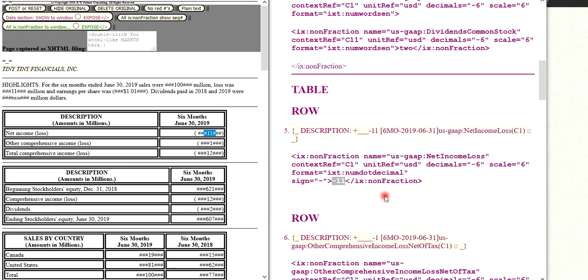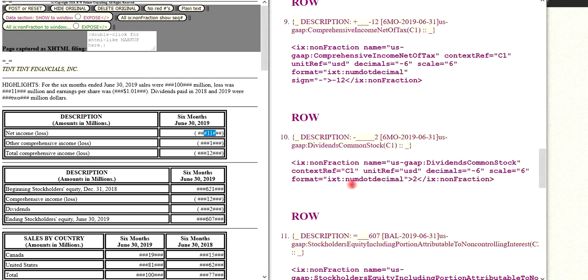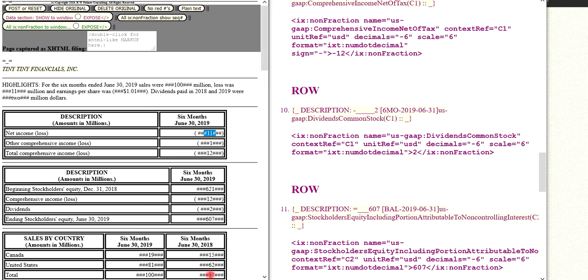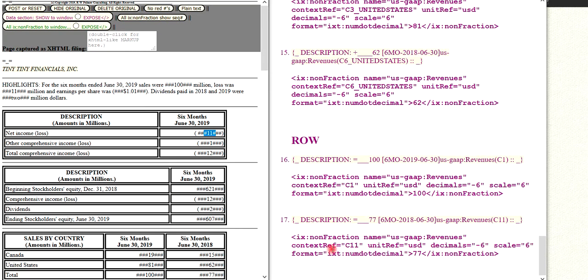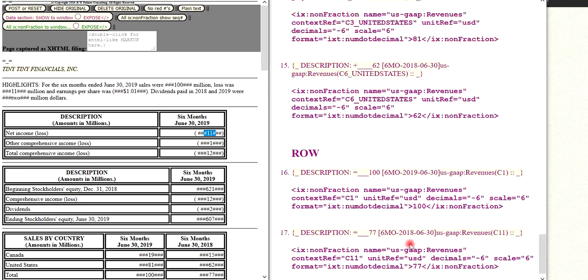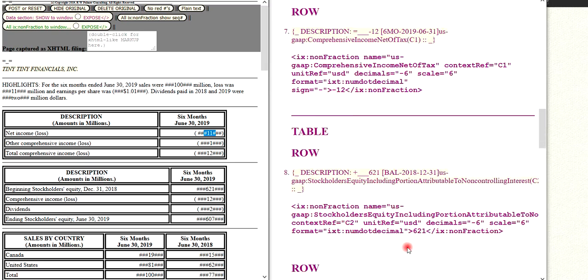Then you can go through and make sure that you've marked up everything. The last item is 77. You would have reviewed and seen that the last item is 77. Your list matches